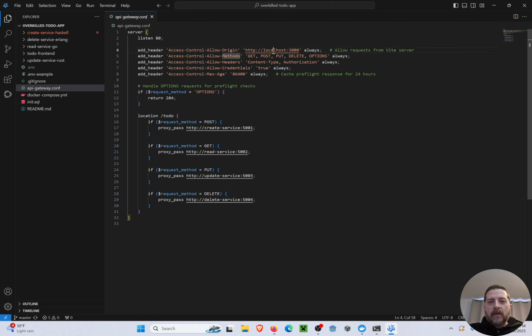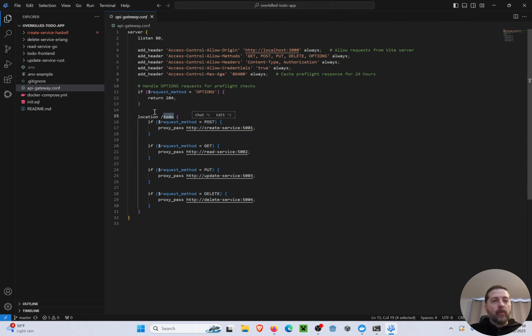So this allows not only the CORS but the methods that we need to do all our HTTP verbs with. So we have the GET, POST, PUT, DELETE is the main one. I think OPTIONS comes through, that your browser kind of prefetches. So anyway, the way I handle this is we have /todo that gathers all this. So no matter what service you're trying to use, it's entirely dependent on the verb that you're sending across. So DELETE goes to the delete service, and then if you go look at the delete, you'll see